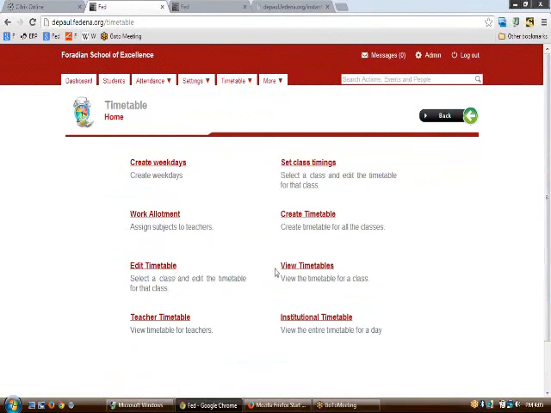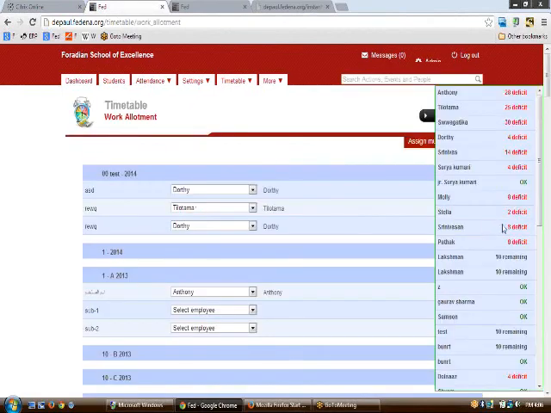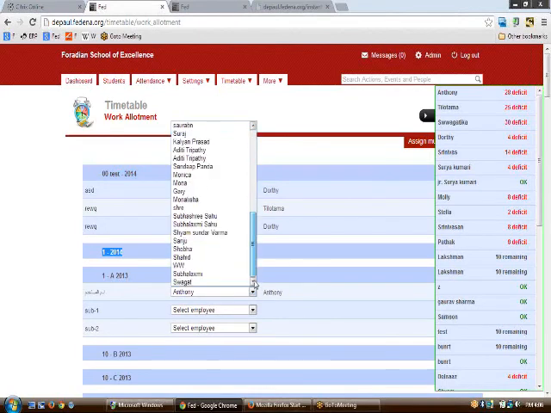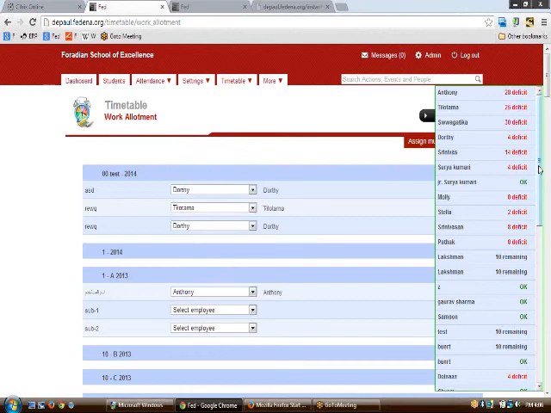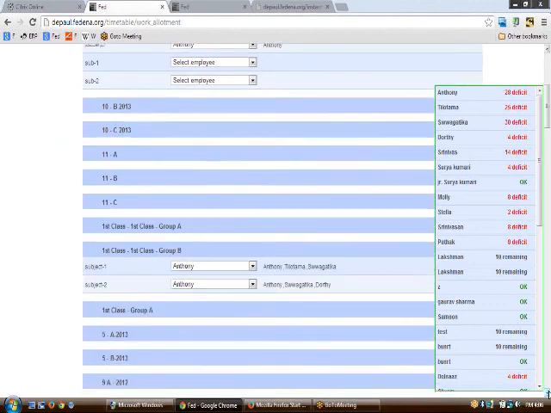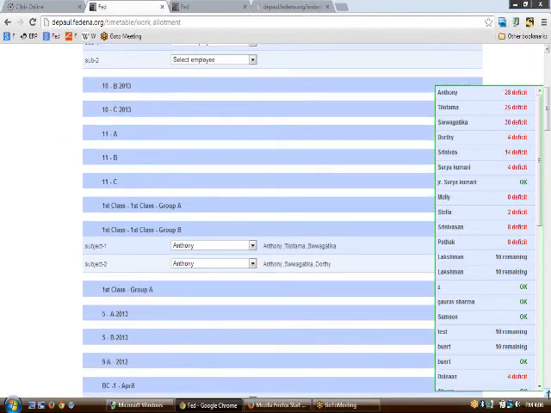Now we will be moving on to the work allotment and the view timetables. In the work allotment part, we have these many options. In work allotment, for each of these batches that we have created here, we have different subjects, the ones that you can see here in the list. For each of the subjects we have a set of teachers who can teach this particular subject. So once you are allotting these persons these subjects for these batches, you would be able to see what are the deficit and what are the remaining classes for each of the employees.